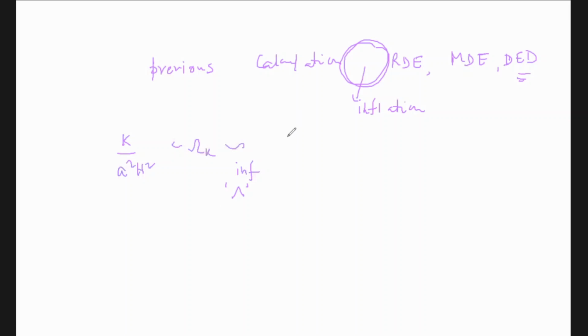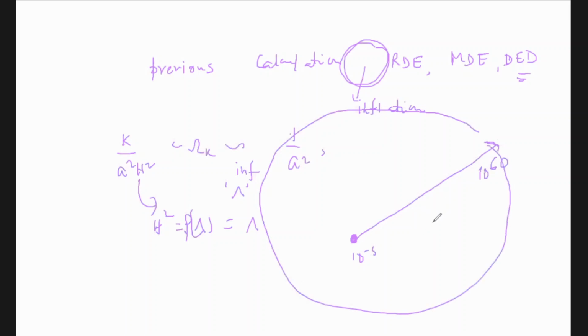One by a square. Everybody else, how does it go as a function of a? 1 by a square. Very nice. Why? Because this rho is constant in inflation. It's like a lambda. Rho lambda is basically lambda, constant. So 1 by a square. Now you tell me, I was just telling in the beginning, suppose you start with a value 10 to the minus 5, but there is an inflation where the universe becomes 10 to the power 60 times larger in a fraction of a second.